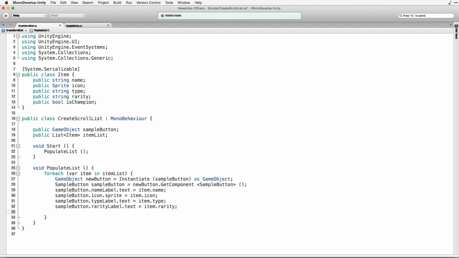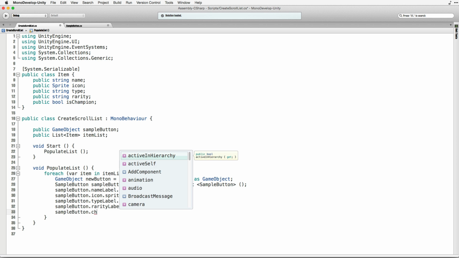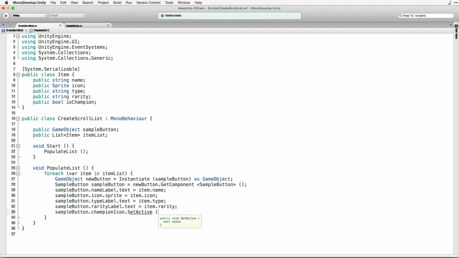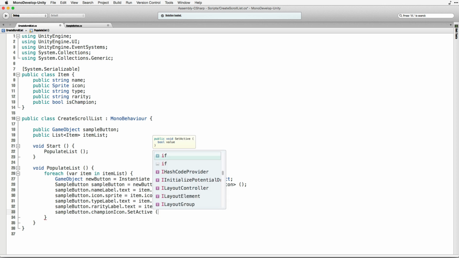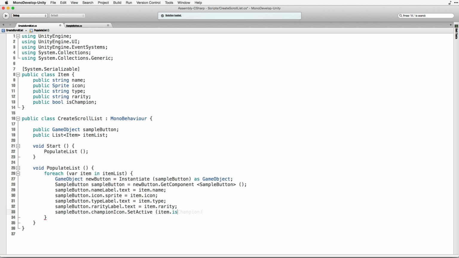And then lastly, we want to say our champion icon. So our sample button dot champion icon dot set active, and then that's going to be equal to our item dot is champion bool. Okay, so now we're able to set and line up everything that we have inside the data structure inside our game to the fields on the UI elements that are being rendered inside the game as it plays. And the last thing that we want to do is remember that we've made this button,